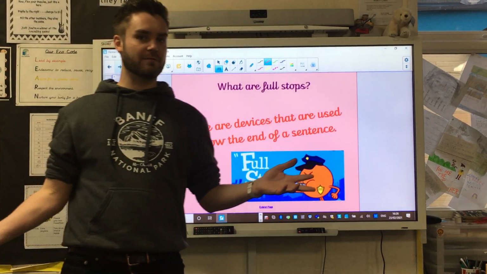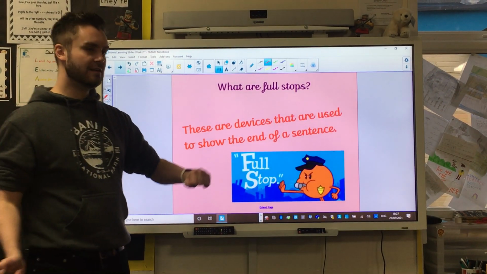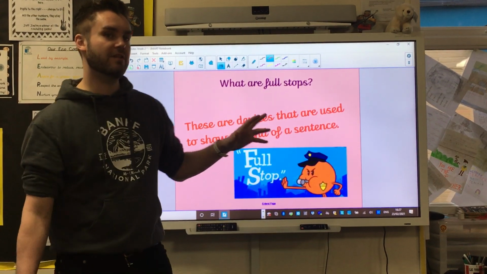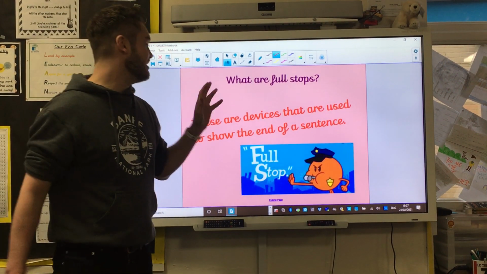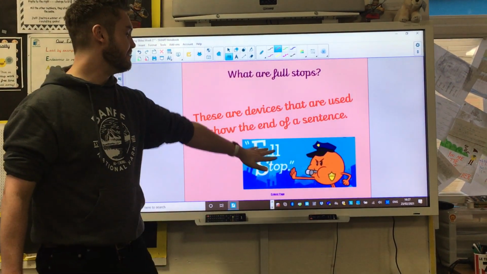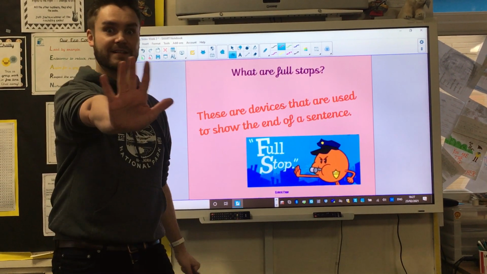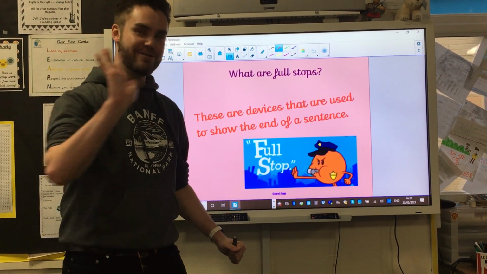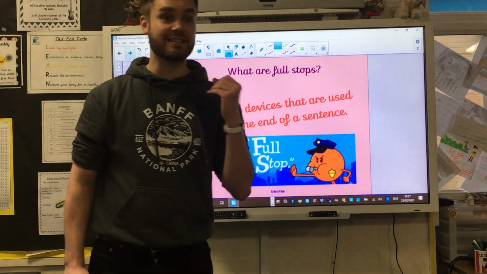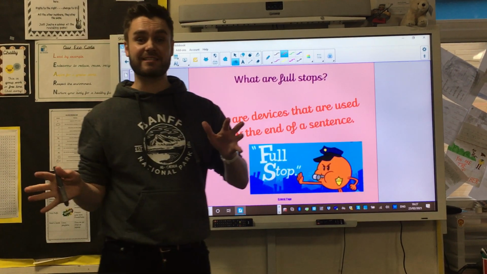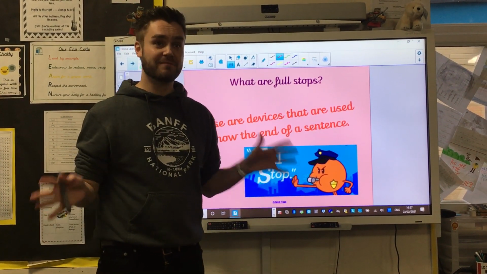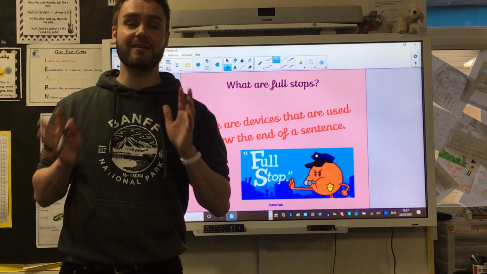So what are full stops? Well, according to this police officer, who is also a full stop by the looks of it, these are devices that are used to show the end of the sentence. So this little police officer here is telling you there's no more. We're stopping you dead right there. No one's going past it. It's the end of the sentence. So that's pretty simple. If you've finished talking or writing what you're talking about, there needs to be a full